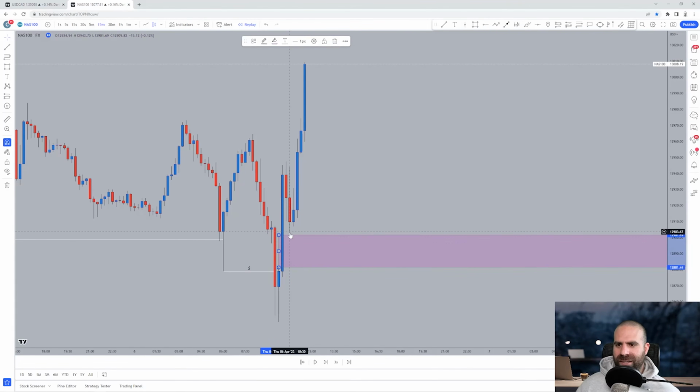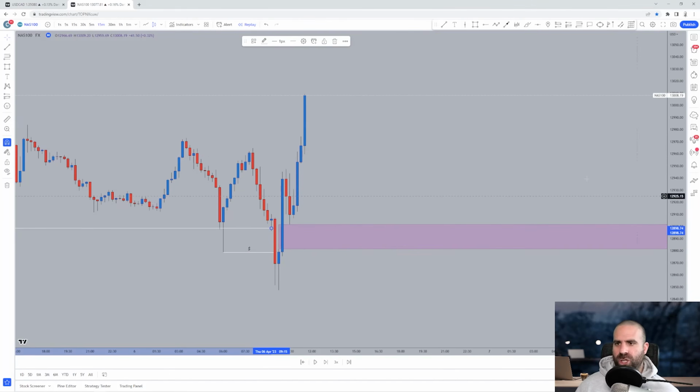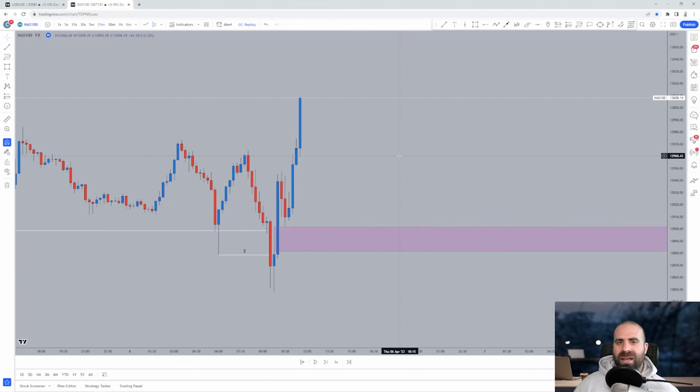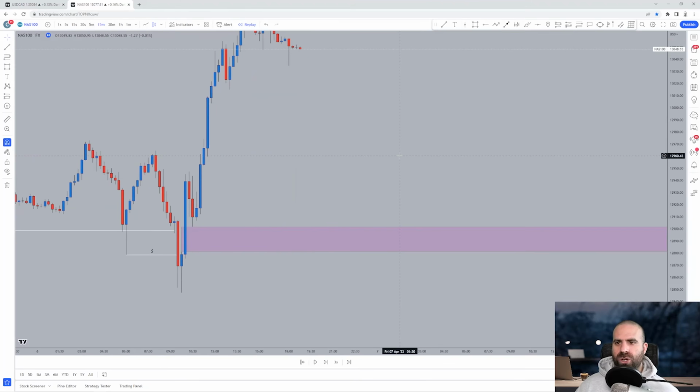We went ahead, retested until here, and left this fair value gap on the 15-minute time frame. So when liquidity is being grabbed and then you see a very impulsive movement back into the areas from which liquidity was grabbed, then you can consider this fair value gap that is left behind as a very strong area, which more likely than not is going to give us a